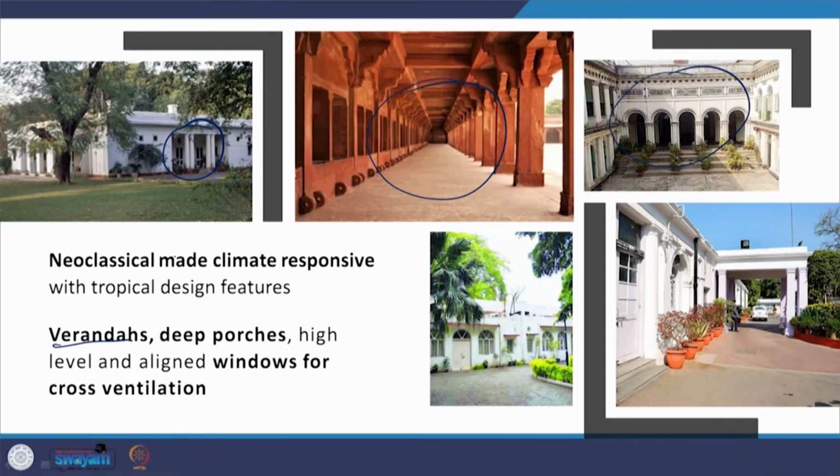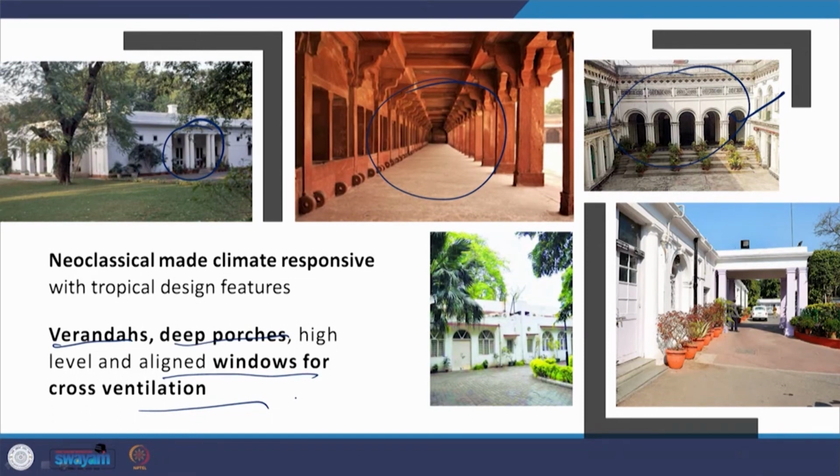Then there are these deep porches, and then there are windows that are aligned for cross ventilation. So this is one thing that is a compulsion for all major architecture that is evolved in India, that they have to